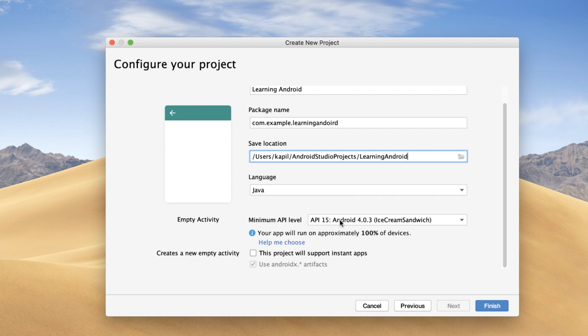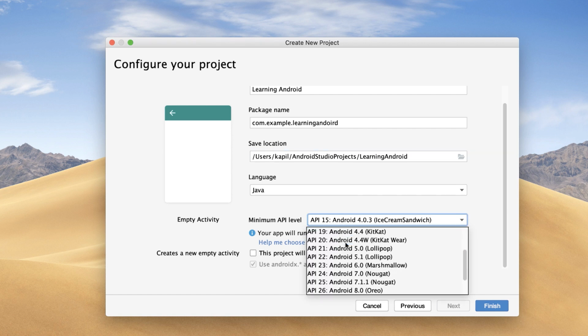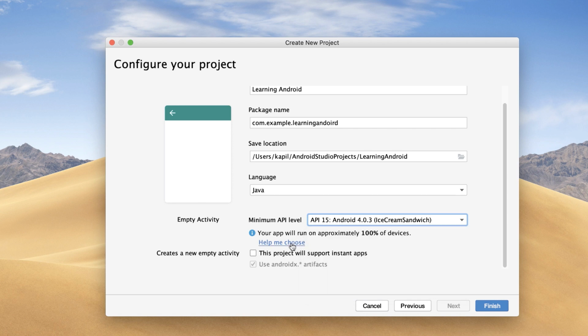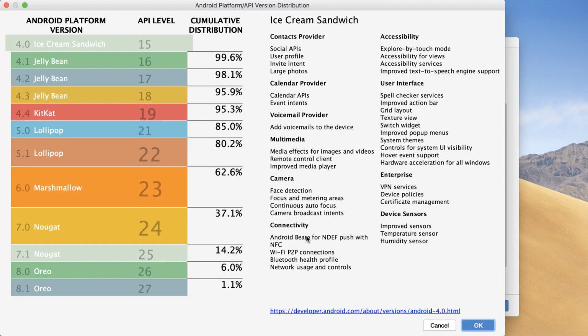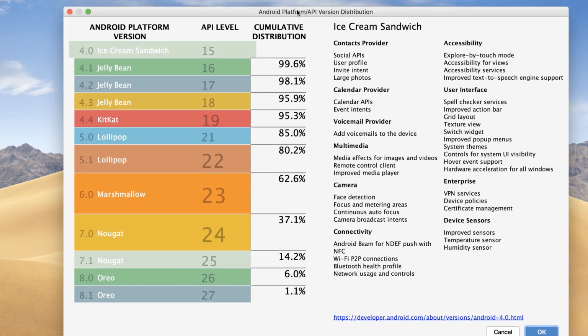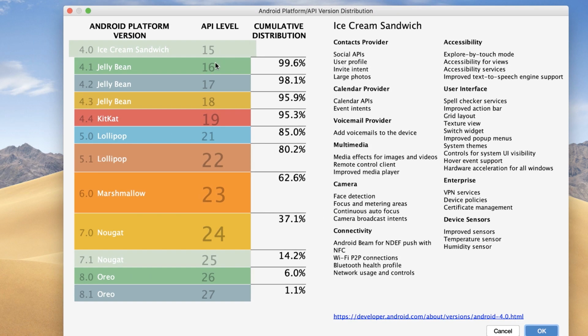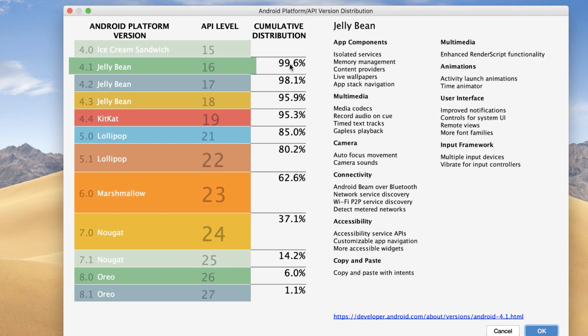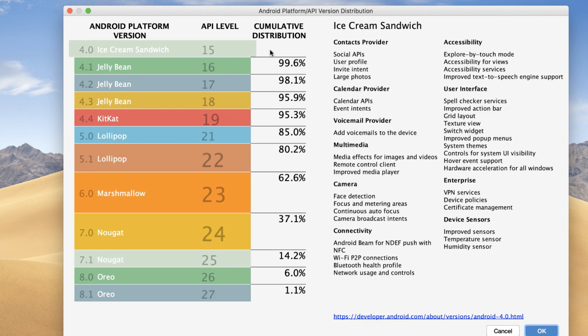Now if you click on this, you can see we have API levels up to 29 as of now. Now here is a little option. If you click on this, help me choose, you can see we have a nice chart in here. So if you select the API level as, let's say, 16, then our application is going to run on 99.6% of Android devices worldwide. So for now they have not specified the percentage market share of this API level 15, but